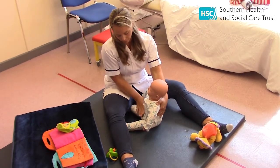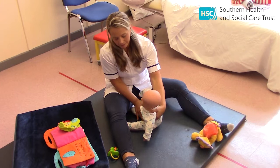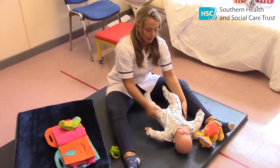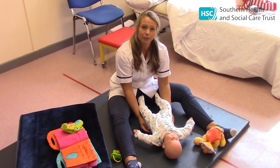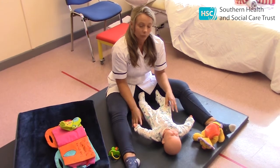This hand is supporting your baby so they don't fall back. So again, we can do the reverse. One hand on the hip, this hand between their arm and their chest, letting them lean through their arm and come back down onto their side and onto their back. Again, this is active assisted. You're not doing it for your baby, so it's slow and you're letting your baby and waiting for your baby to initiate. You're trying to make your handling as light as you can,